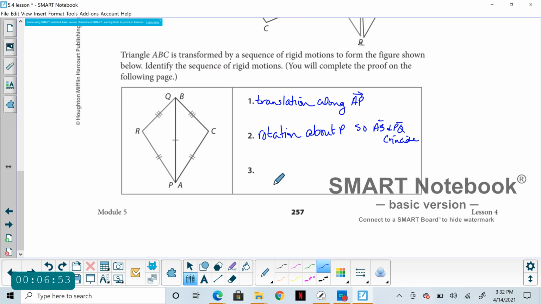So then what's the third thing we have to do so that this triangle maps on top of the other one? We have to do a reflection, right? Well, reflection over PQ, or you could say over AB, either would work, over PQ or AB. Okay,